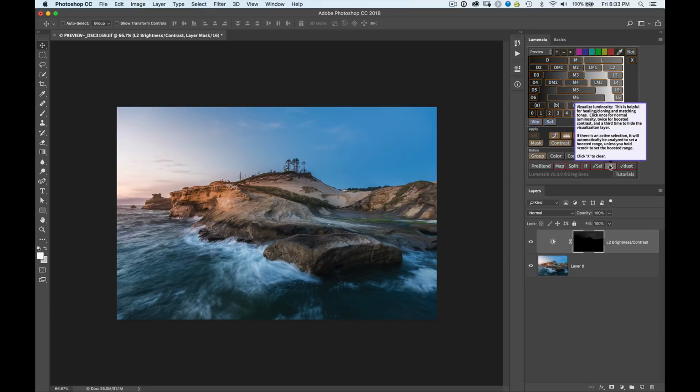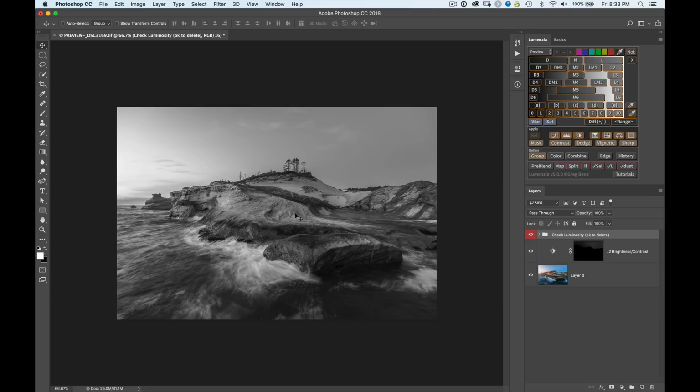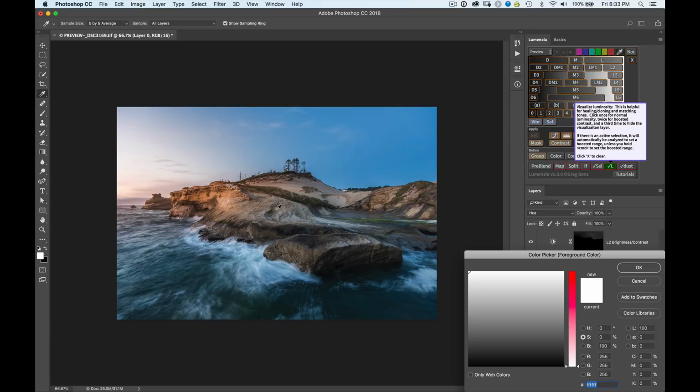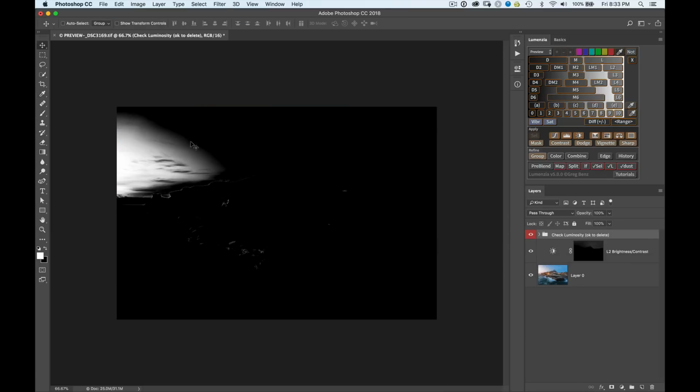The check L button lets us inspect the luminosity in the image. If you command click on it, you can then pick a range of tones. So for example, I might choose to explore this sky in greater detail. I can pick the dark part of the cloud, hit OK, the bright part of the sky, hit OK, and now I get this high contrast visualization. This is a very helpful way oftentimes of using the clone stamp tool, where you can find subtle little imperfections, and by looking at things in high contrast, you can much more easily make better refinements of